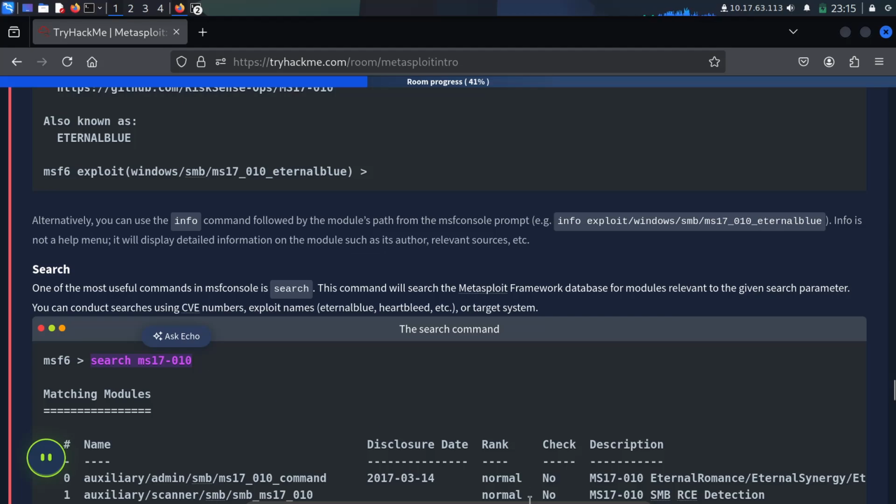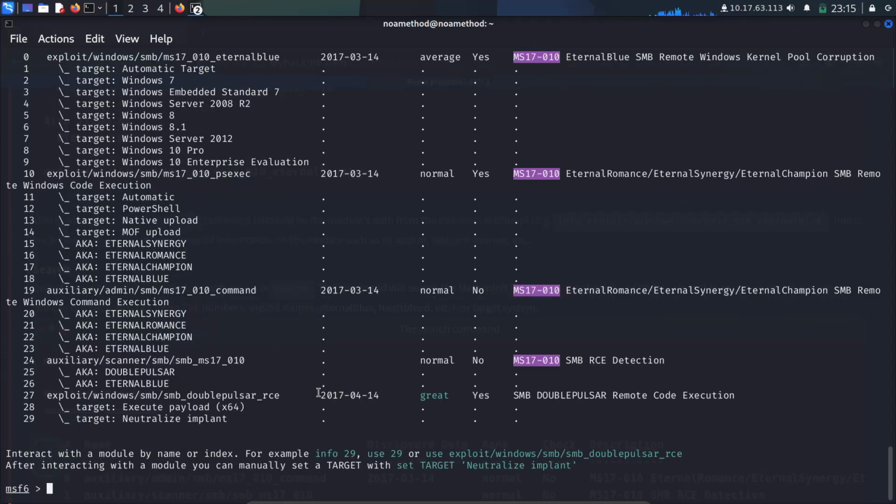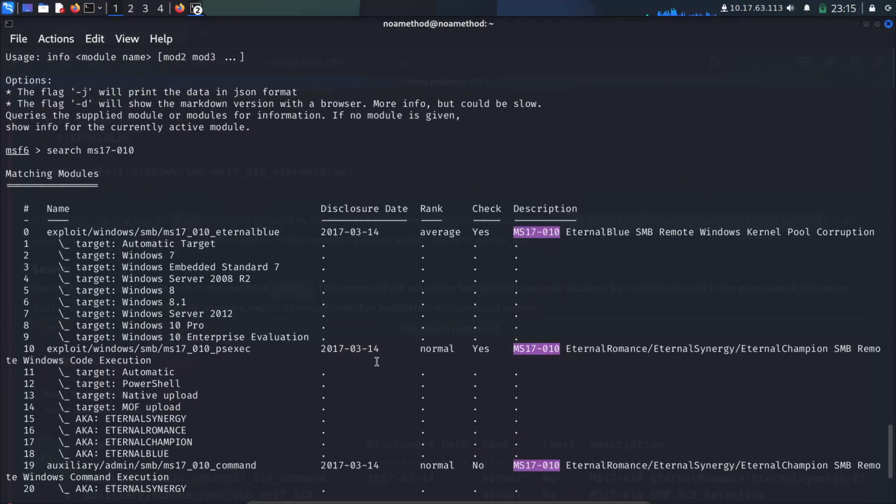This can be copied. We can try to run search. I found so many in this description.